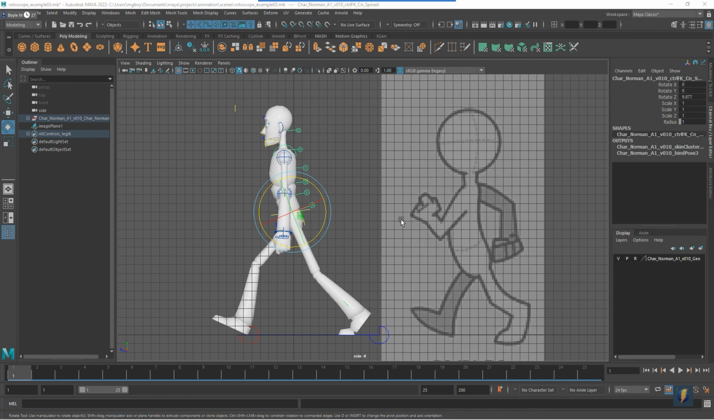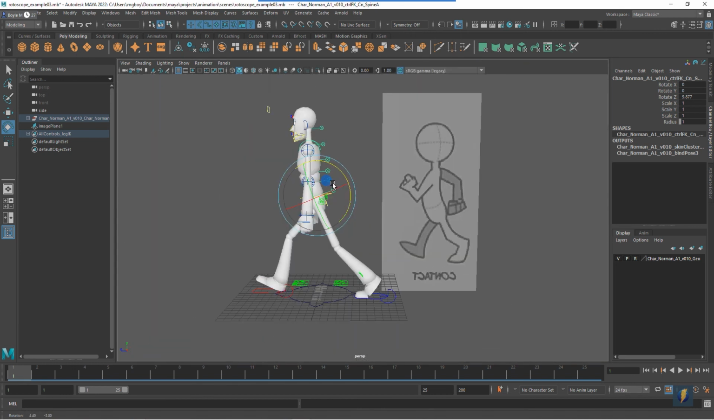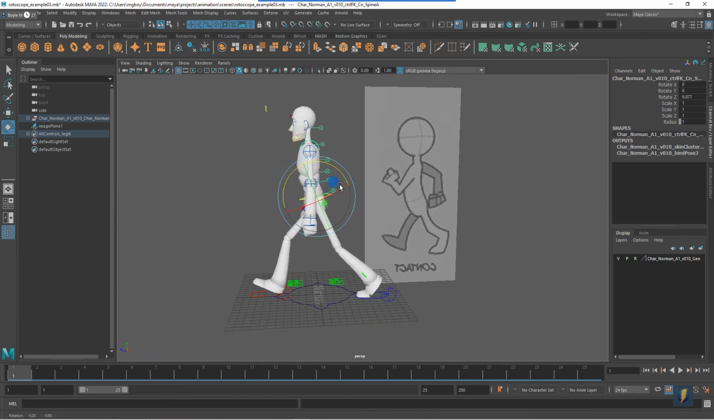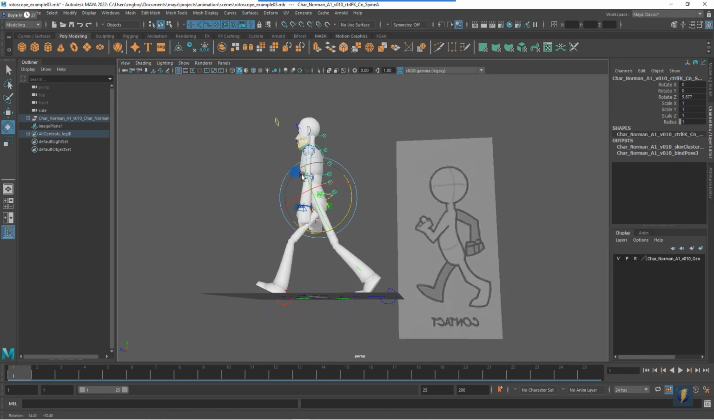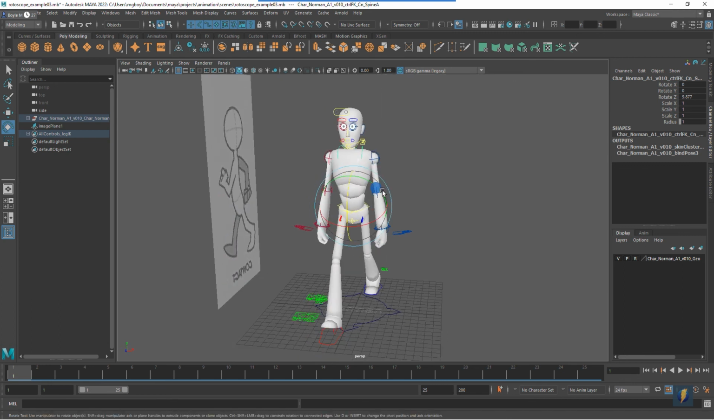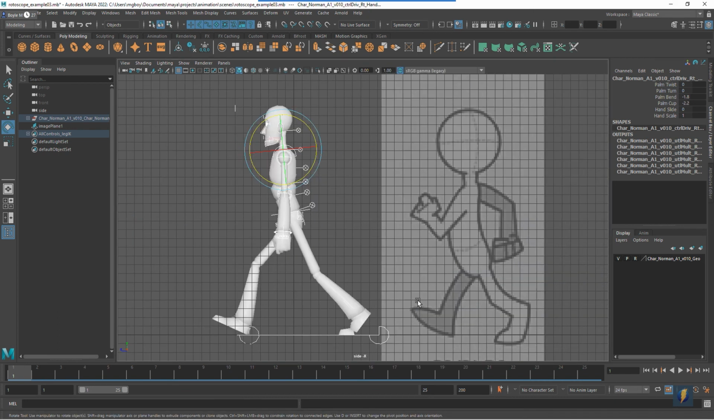Now, when you're working with a character like this, a rigged character, there are a lot of controls here, and it can get overwhelming very easily. And one way that you can maintain your sanity is by selecting all of the controls on your main keyframes and keying everything. So I've selected all my controls, and I'm going to press S, which will place a key